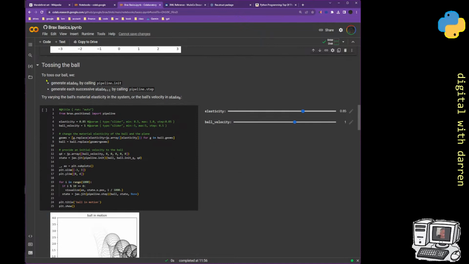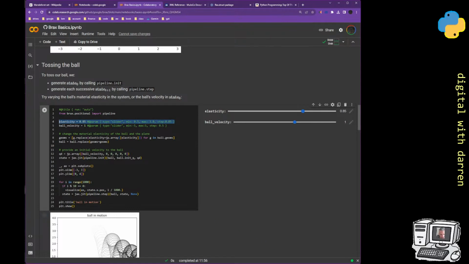Right, so finally, to toss our ball, I've used these before. This is quite interesting because it puts these little things. So here you've got a slider. I was actually wondering how you get a slider. Just type slider, and max min. So these are specific things in a Jupyter notebook at least. I wonder if it's in a normal Jupyter notebook, but it's definitely in the colabs. So I wonder actually if I did that,